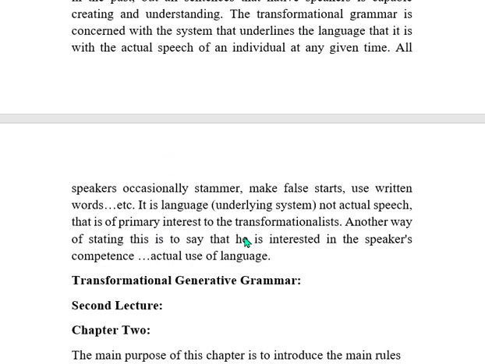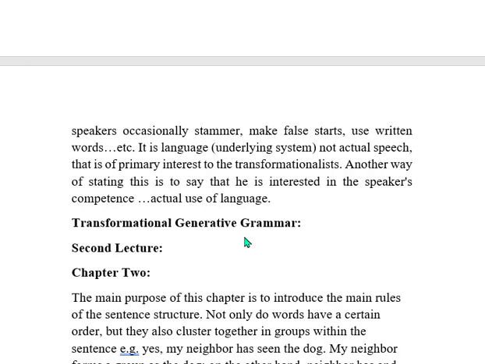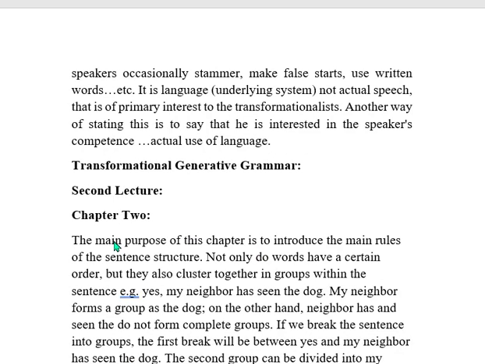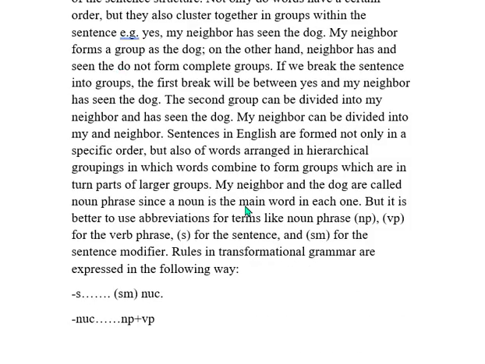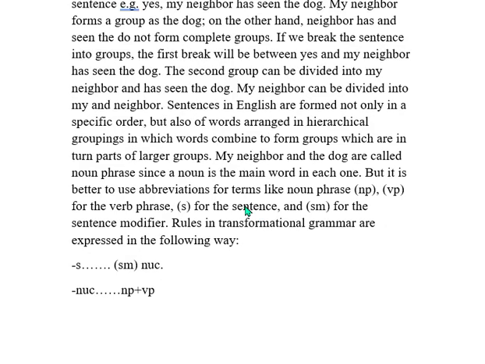And also in chapter 2, in our second lecture, we also spoke about transformational generative grammar, and we knew the main purpose of this chapter. That means to introduce the main rules of the sentence structure. And if we want to get back to the definition of this theory in linguistics, transformational generative grammar or transformational